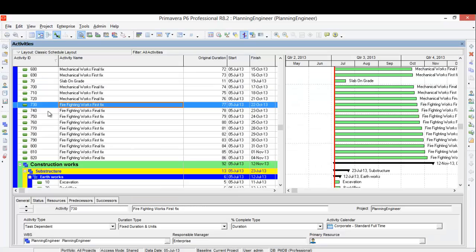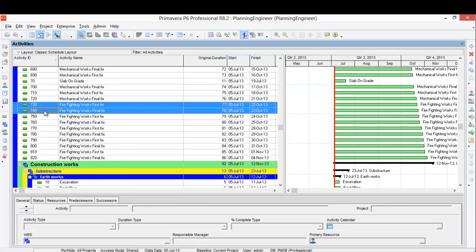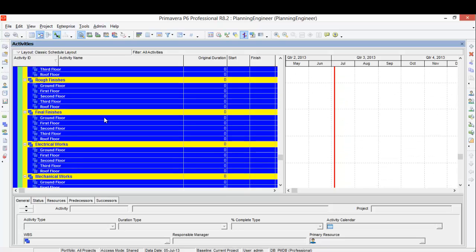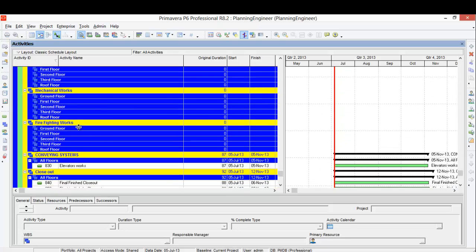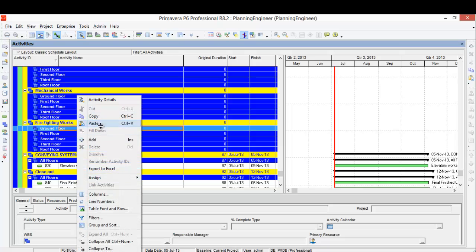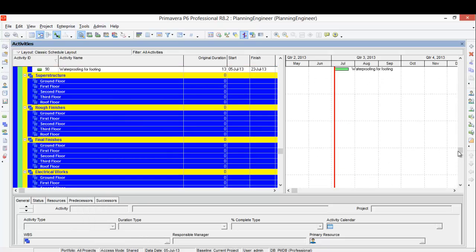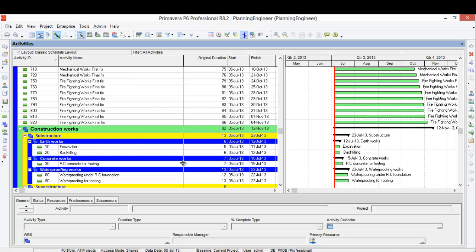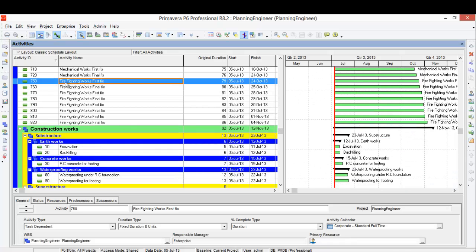So we'll go to here, 30 and 40. This is ground floor firefighting. Firefighting ground floor, just paste here.